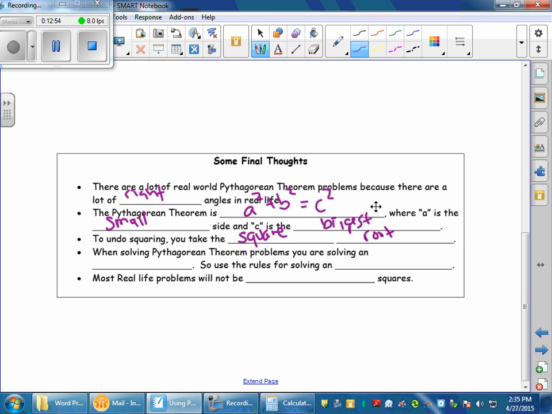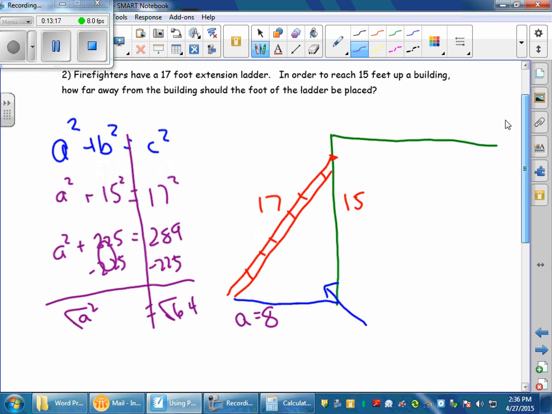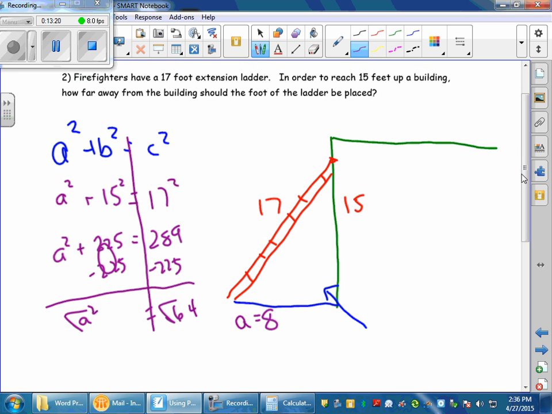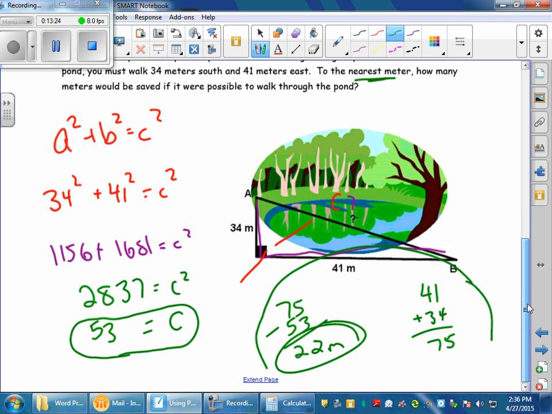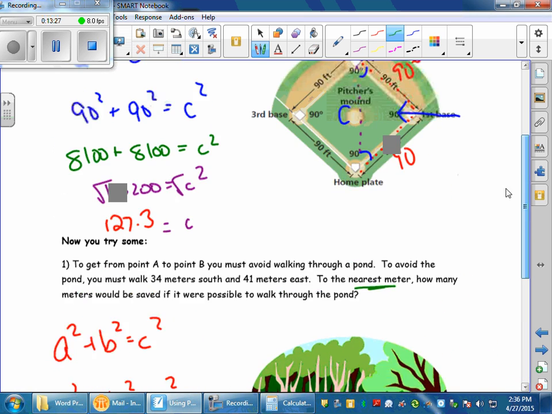When solving Pythagorean theorem problems, you're solving an equation. That's it. We did equations this whole year. You should not have a hard time with that. So use the rules for solving an equation. And last but not least, most real life problems will not be perfect squares. What I mean by that is this problem right here. It took 8 feet for this ladder, but more than likely it's not always going to be that nice. More than likely it's going to be more like this question right here where it was 53 point something, or this one right here where it was